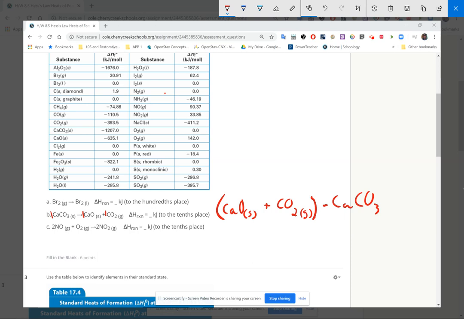So I go up and my calcium oxide solid, negative 635.1, plus my CO2 gas, plus a negative 393.5, minus my CaCO3 solid, minus a negative